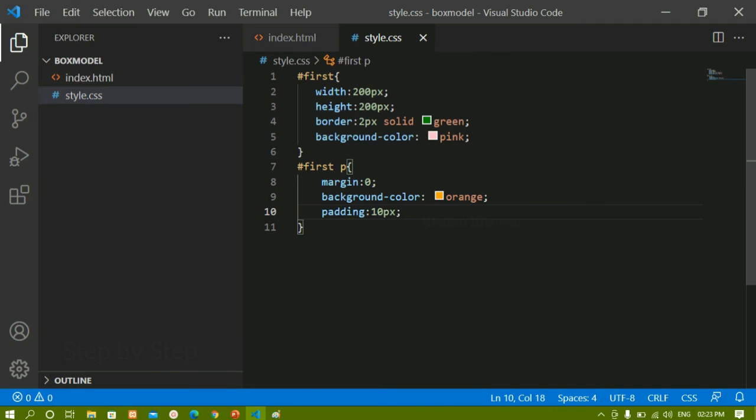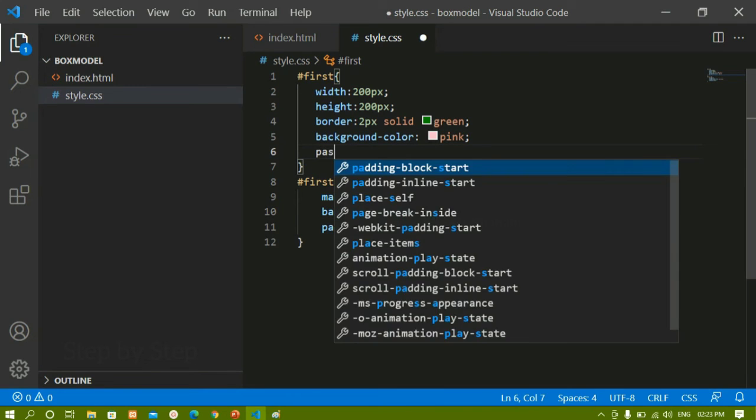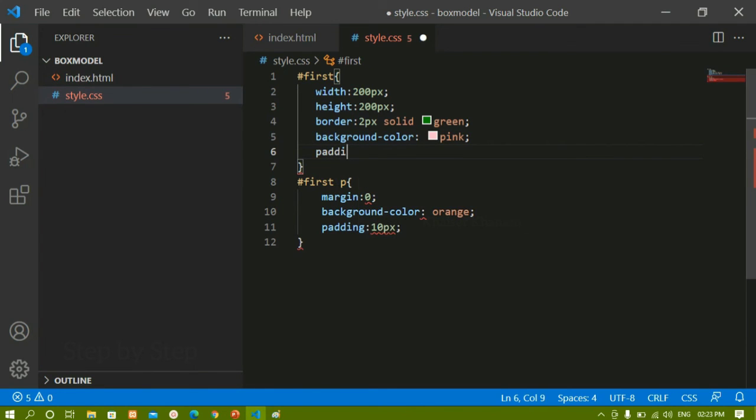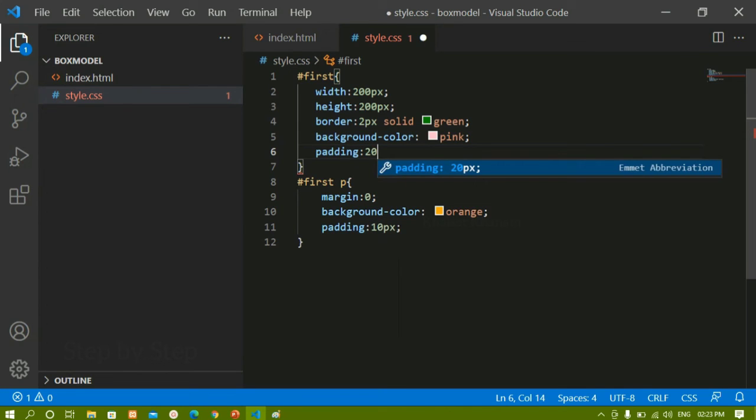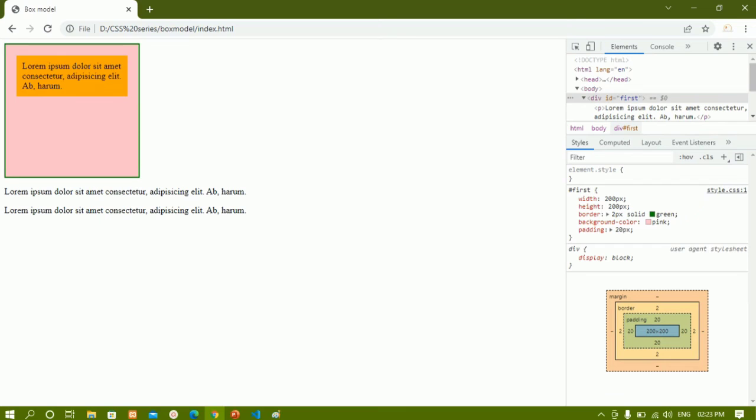Now for this, if I give padding, as we all know, around the content, it is going to give the padding. Inside this div container, my entire paragraph is the content. Now if I just give here 20 pixel, I'll save this. I'll refresh this one. You can see this entire background color is going to indicate the content, and here I will be having some spacing for the div container.